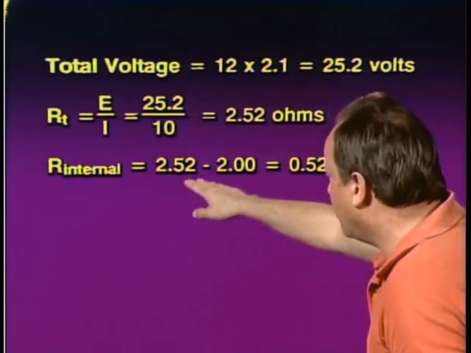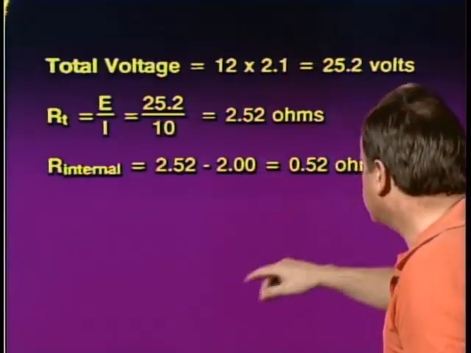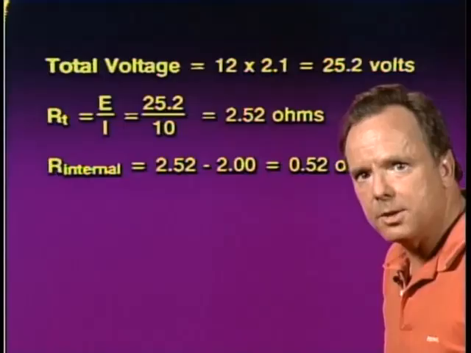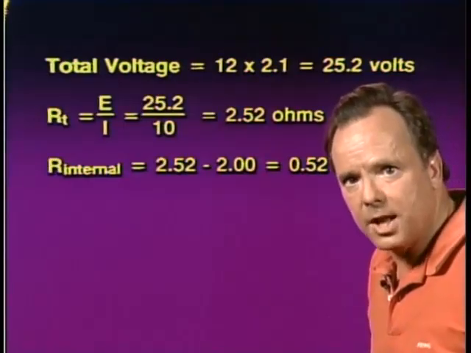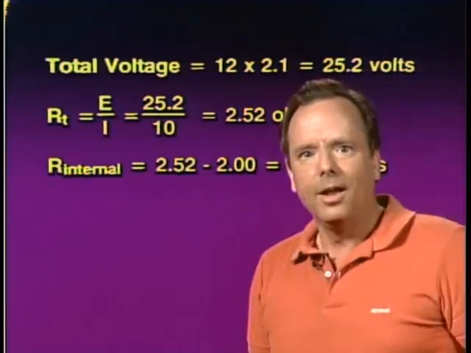So what is the resistance? The total resistance of the circuit was 2.52 ohms. Now, wait a minute. They told us the resistance in the circuit was 2 ohms. Now we figured out mathematically the total resistance of the circuit is 2.52 ohms. What's the difference? The difference is the internal resistance of the battery, and that's the question they're asking us